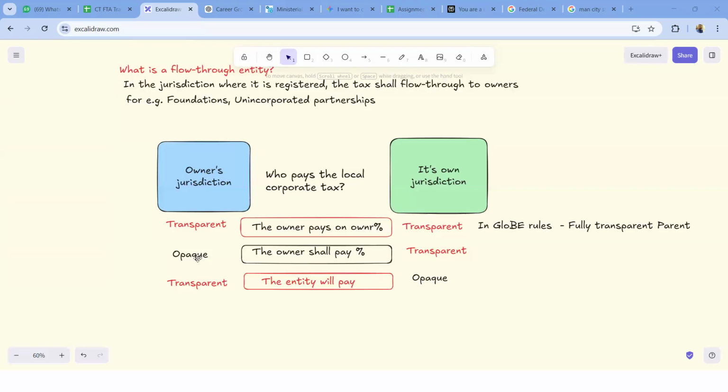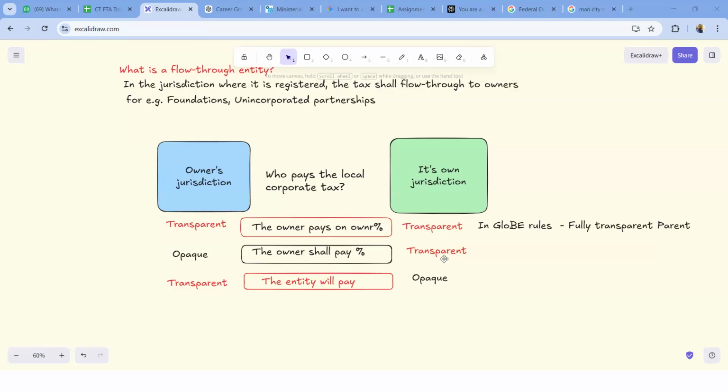So it's opaque in the parent's jurisdiction, but it's transparent in its own jurisdiction. So is this a separate M&E for GloBE purposes? Answer is yes. Only fully transparent entities are not a separate legal entity. If it is partially transparent, then it has to file taxes in that jurisdiction as a GloBE